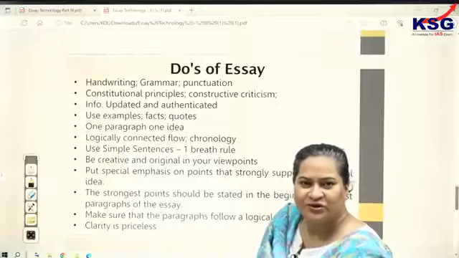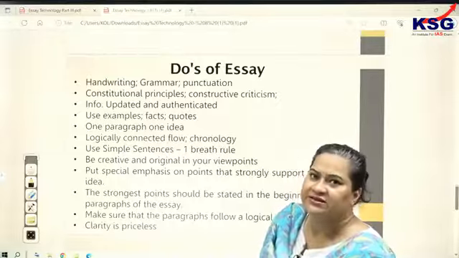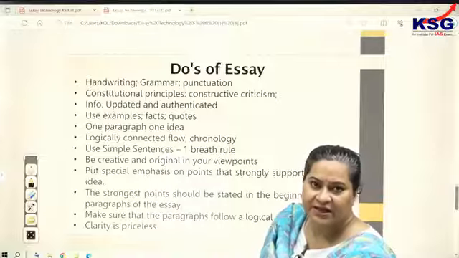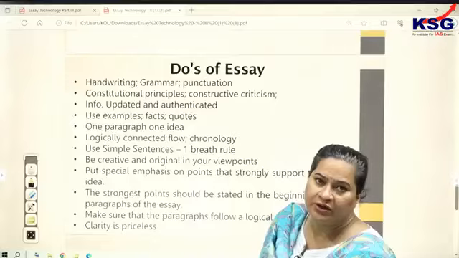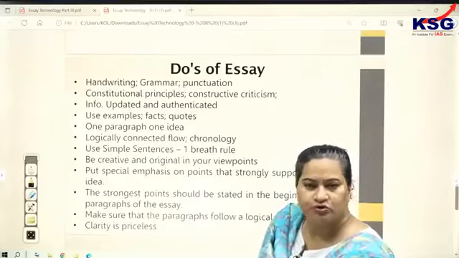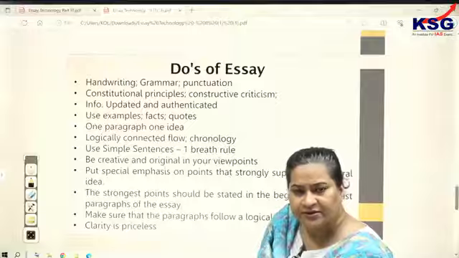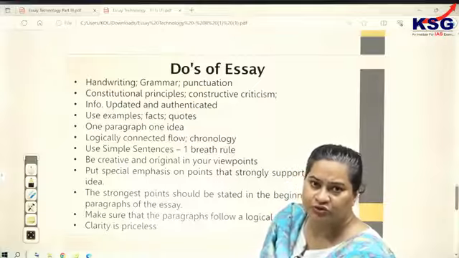Trust me, you're not a think tank. You are not going to be a part of the think tanks. You are aspiring for civil services, and in civil services you have to preserve, protect and uphold the constitutional values. So do not mess up with the constitutional values. At all times, your writing or your speech in the interview should be guided by the constitutional values.